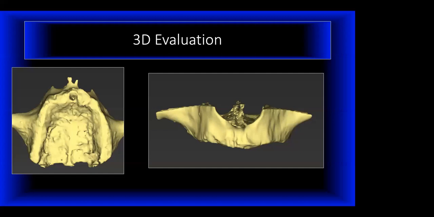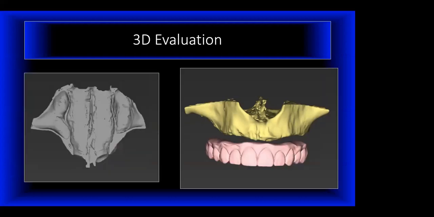We want to do a 3D evaluation. So we look at this patient. You can see completely edentulous arch. The patient has lost some significant bone there. So not only have they lost buccal bone, but they've also